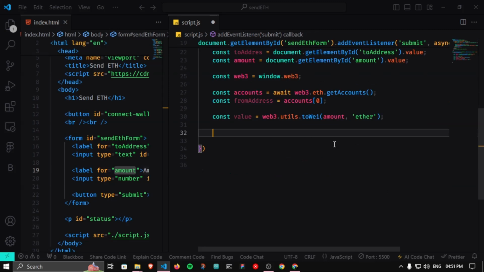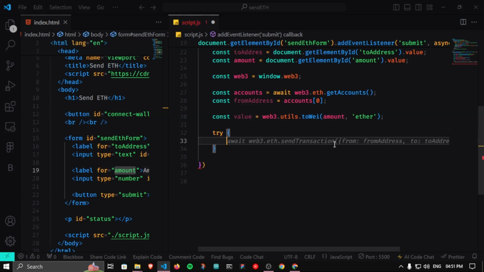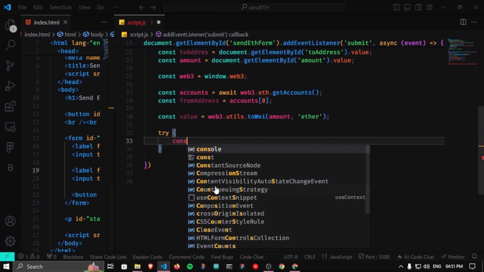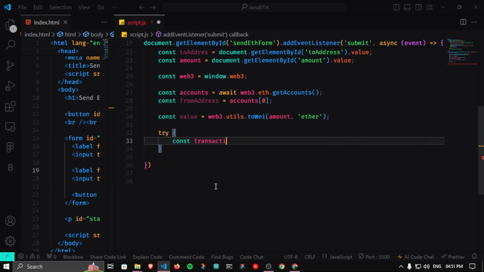And now the most interesting part, that we are going to make our transaction. So how can you do that? Just first write a try block, because this type of transaction might fail, so we have to handle that error very efficiently. So now I'm going to create a transaction. This is just a variable and I'm going to create a transaction here. So how to create a transaction? Just write await